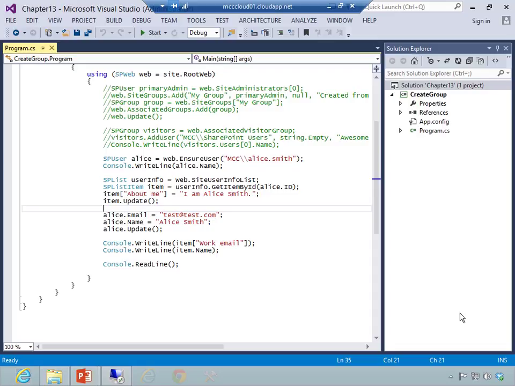So this code is going to use BreakRoleInheritance at the SPListItem level to do that. So it'll prevent anyone other than the site collection administrator and whoever got assigned the task from viewing or editing the task. So first thing I'm going to do,